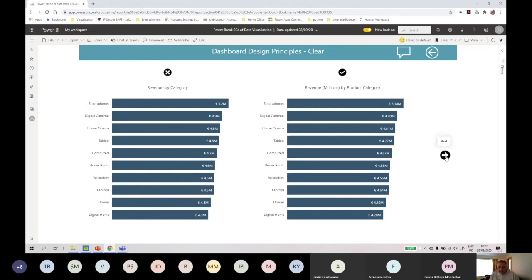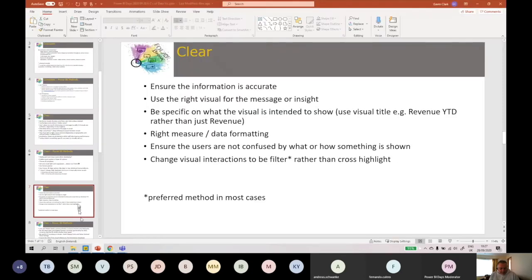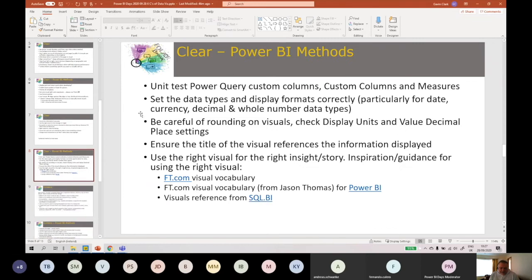So moving on to the next one, which is important as well. Let's talk about how we can achieve some clear things with Power BI first. This may sound a little bit strange, but if you're not doing this, then you should get into the habit of doing these things. And it's not always easy, I know that. I've tried testing them lots of times, but our first point on being clear was making sure